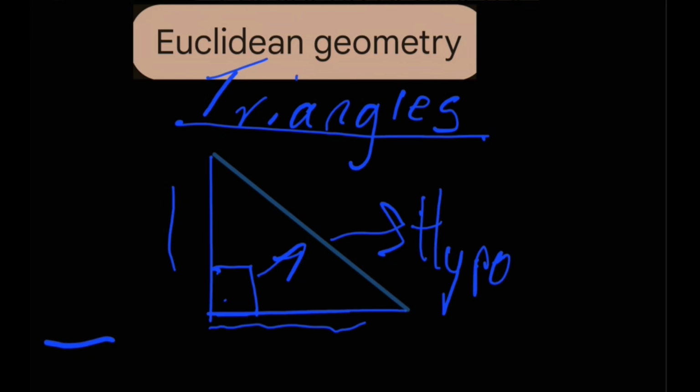So depending on where the angle is, the opposite and the adjacent can be interchanged. For example, if the main angle is over here, then this is the opposite side, and this would be the side that is adjacent. So that depends on where the main angle is. That's how we decide which one is the opposite and which one is the adjacent. If the main angle is here, then this side would be the opposite, and this side would be the side